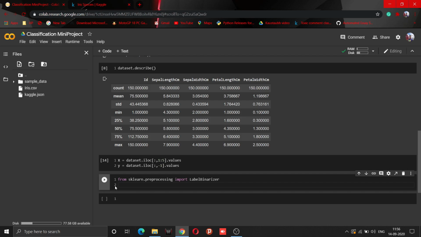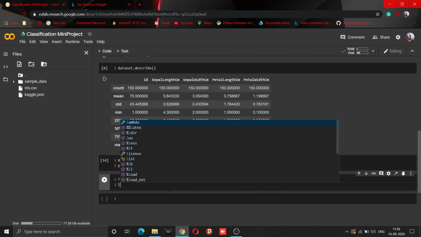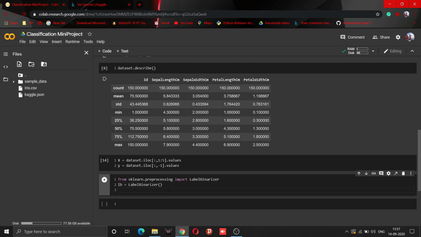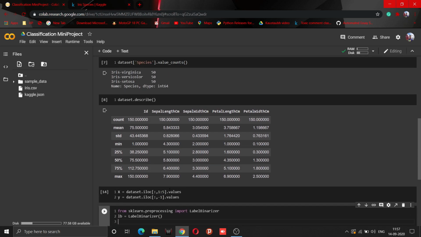And in LabelBinarizer, we are performing both label encoding and one-hot encoding continuously, or we can say one after another. So let's make an object of LabelBinarizer, lb equal to LabelBinarizer. Now we need to choose the column we want to transform.